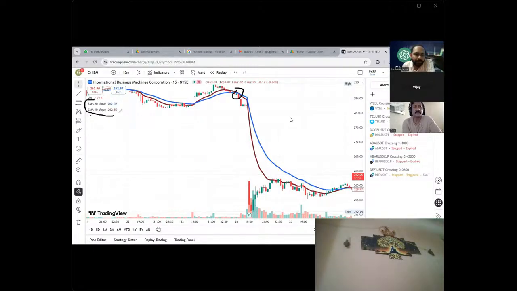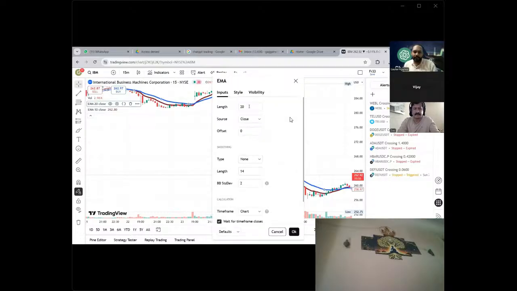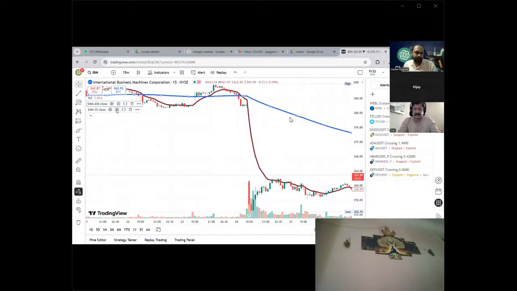Similarly, I have got a 10-20. You can even plot a combination of 50 and 100, or you can plot a 20 to 50 combination, or 100 and 200 EMA also. You can use the combo. Oh, that's for investment, is it? No, in 15 minutes, you can use it for trading also. Because in some stocks you may see that line sometimes. Let me show you. It's 200. Let's use 200. This one.